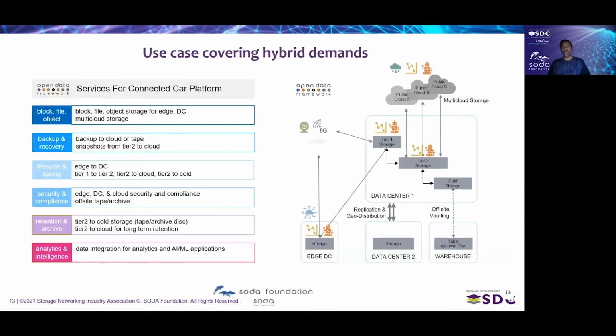Okay, this is an example use case which is given. Why? Because an autonomous vehicle, when you consider it, has edge, on-premise, and cloud. So if you can support this kind of use case, probably most of the use cases can be addressed, right? We should be able to deploy SODA in edge, on-premise, or cloud and manage all this data and its transitions across these domains. This is again a repetition of the features we are talking about: data lifecycle management, migration, data protection, and so on and so forth.